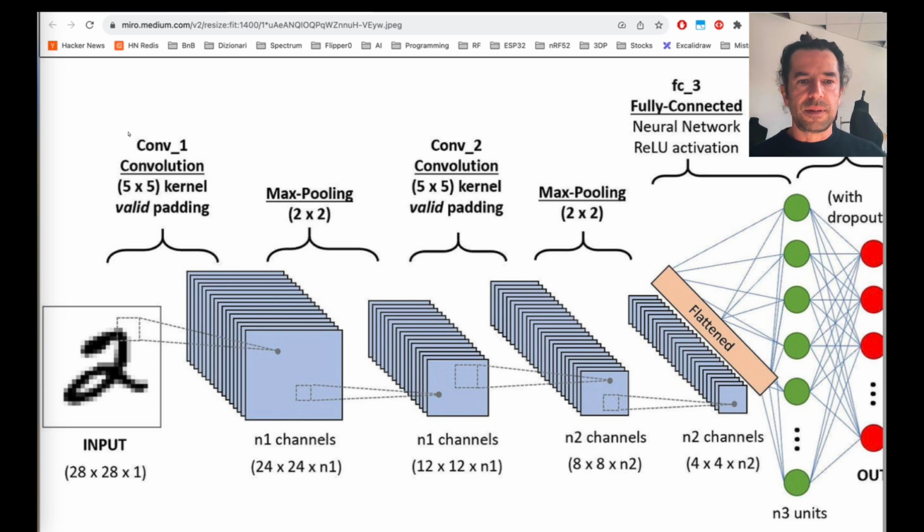Another key thing that priors do in the case of convnets is to understand that if I find a feature in a given location of the image, I can also find it at a different location of the image. So the convolution weights can be shared across different positions of the image. And this is so important because this will allow me to do the same work, and even better, with a lot fewer weights.